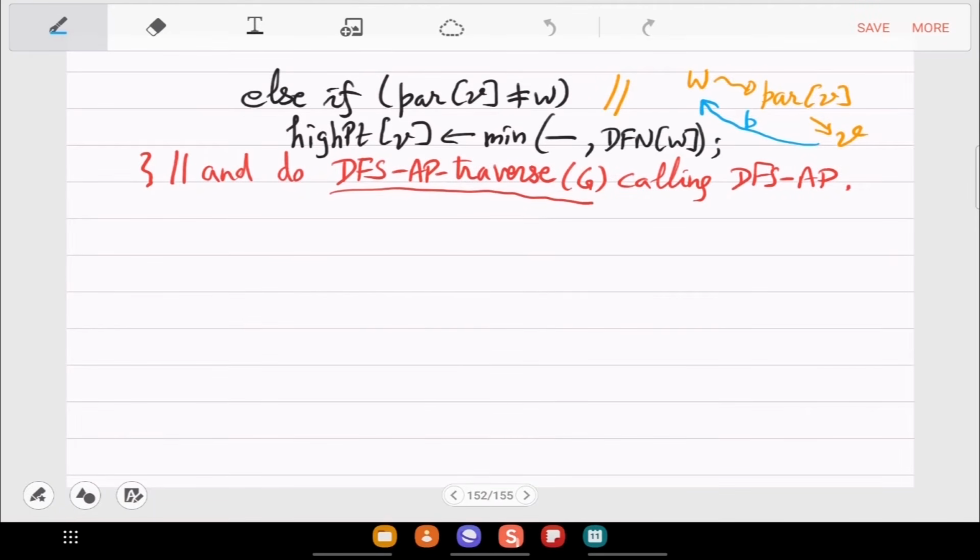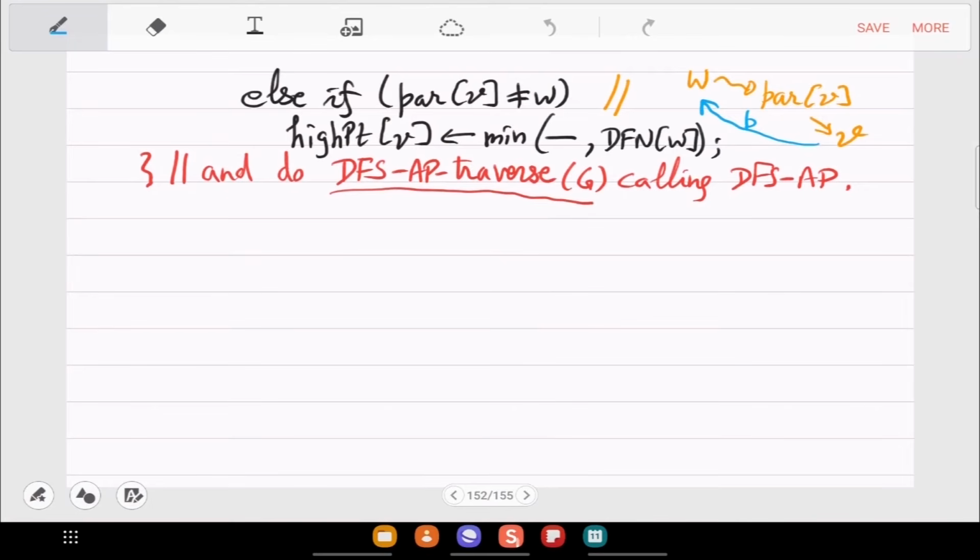So what do you think is the time complexity of this? There is only one for loop here, and that for loop for a V goes over the neighbors, right?